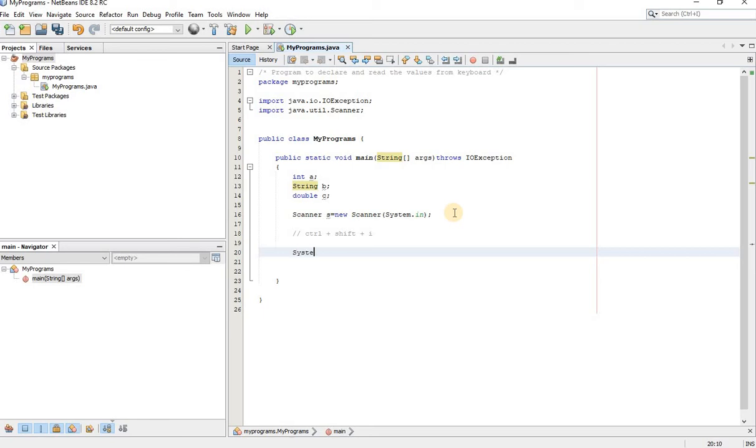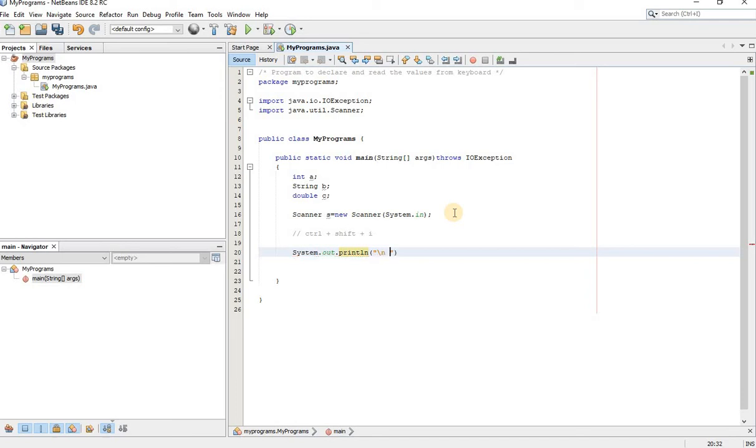So I will give some message at runtime for the user to understand what he has to do. Okay, System.out.print or println. You know what is print and also println. If you have any confusion on that, you can go to the previous videos. Anyway, print will print the data on the same line, println goes to the new line. So I'm going for println, and I'm saying here even \n does the same thing. So it is a new line, again a new line. Understand? One thing you remember, \n will work on the same line, but println will work for the next line.